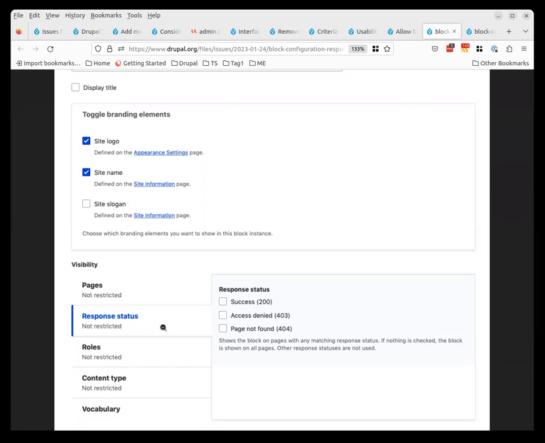But those access denied and page not found, those are something that we can define, I think, in site settings? So that's something that can be configured to point to a specific page or specific URL, and then we could use those pages tab to do this visibility setting. So, right, here,